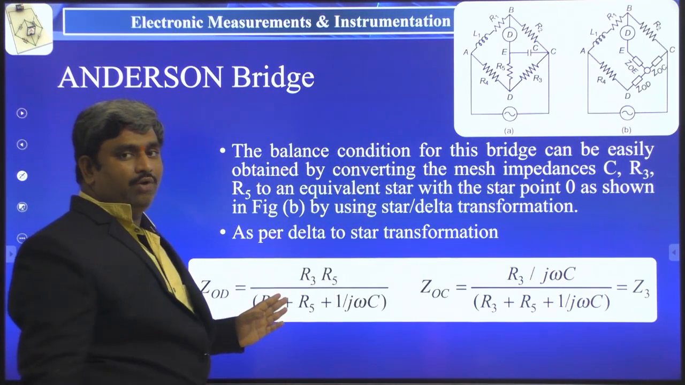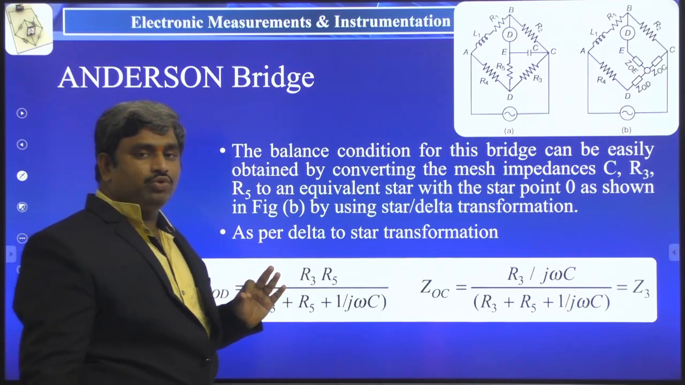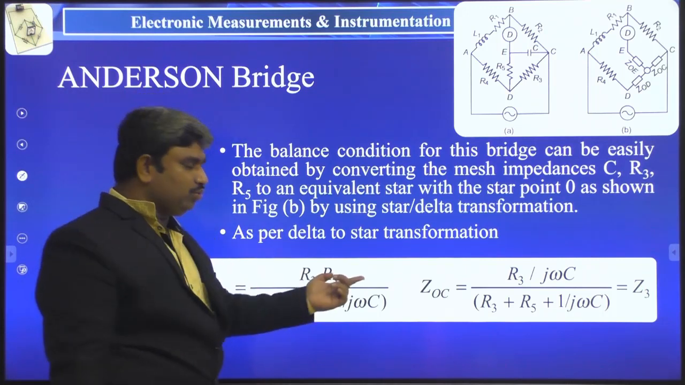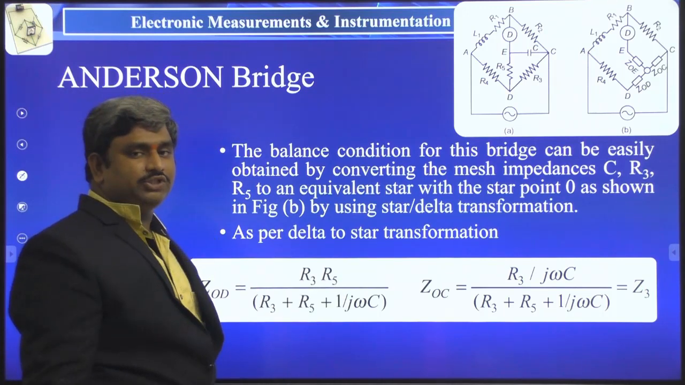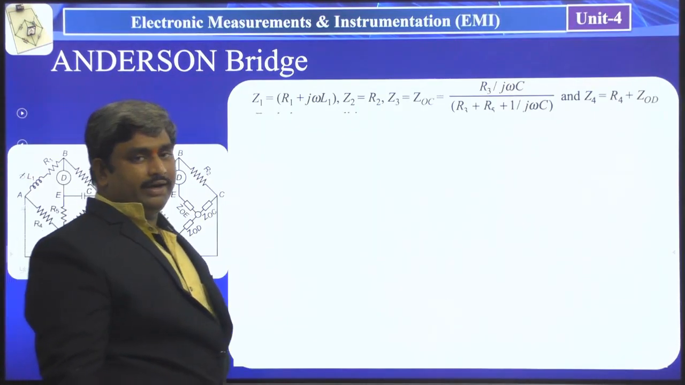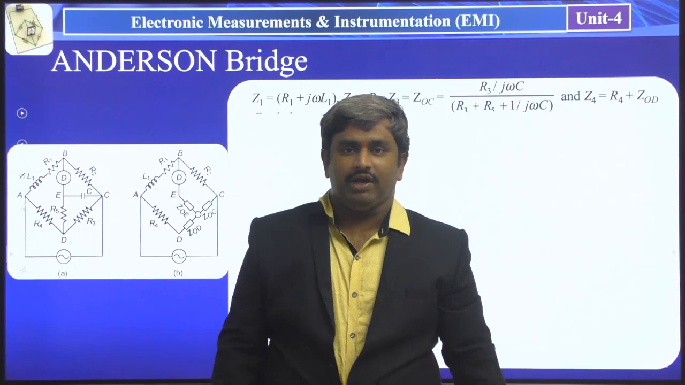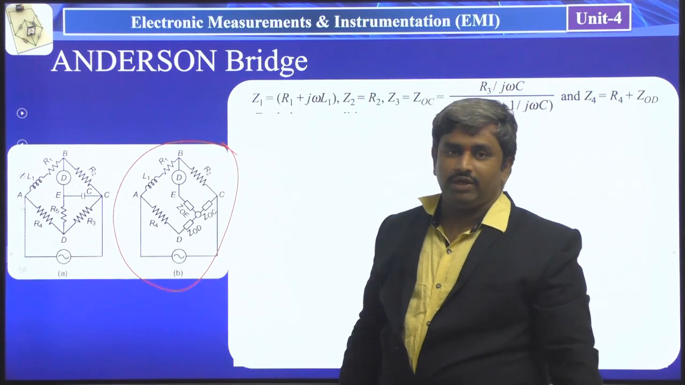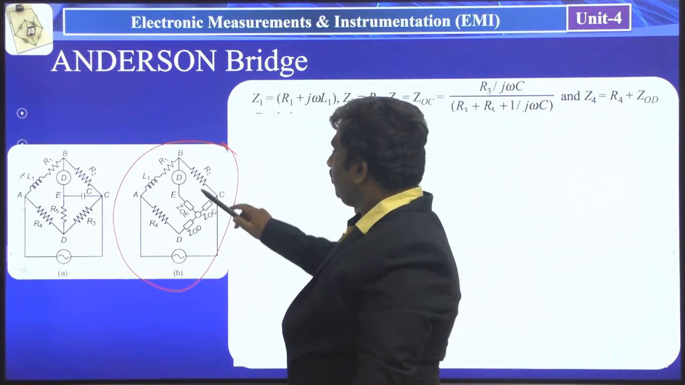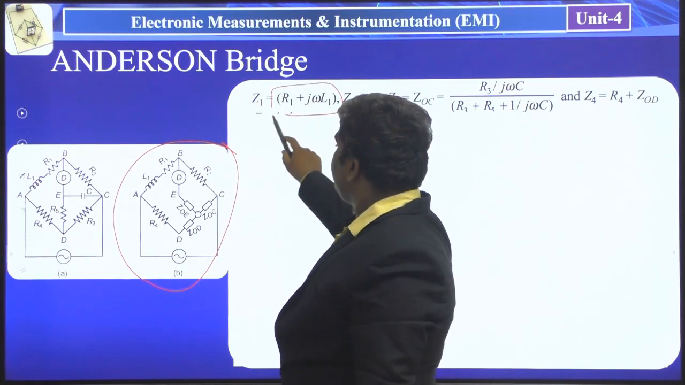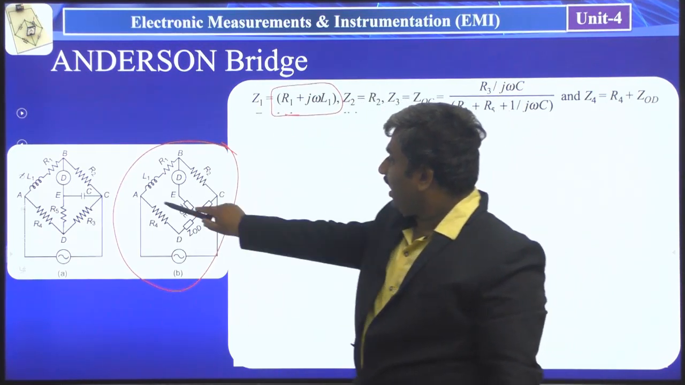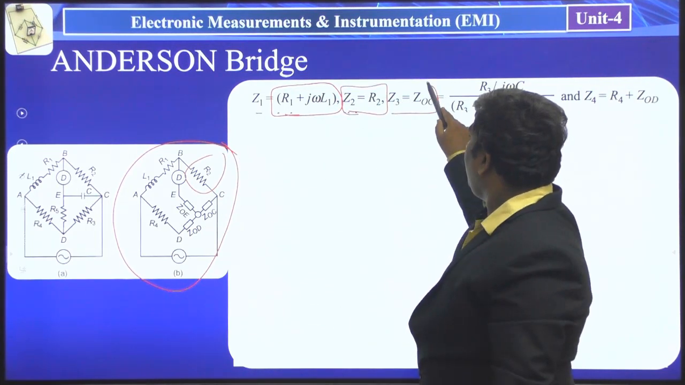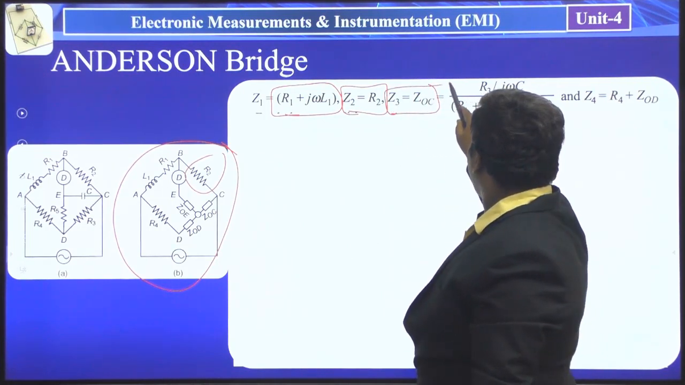Okay, so here we have to see two impedance parameters, one is ZOD and another one is ZOC. These two are the expressions from the delta to star connection basic principle. Right. Now we have to write the bridge balancing condition for this Anderson's bridge. So after coming into the star connection of the Anderson's bridge, the first arm Z1 is the series combination of one resistance and one inductance. And the Z2 arm consists of R2 resistors. The Z3 arm consists not only of this